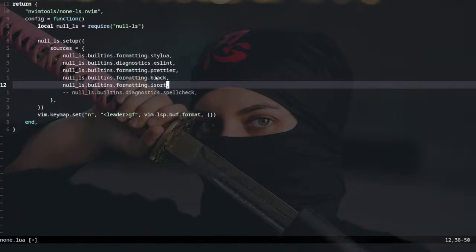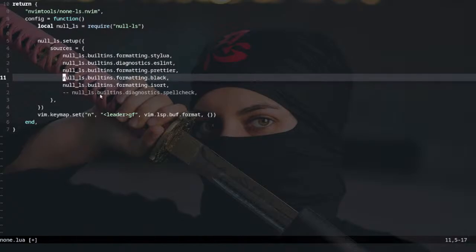And actually, I don't want black. I don't really use that. I don't use it anymore, I should say. I think actually that will be it. I might use black, I don't know yet. But anyway, that's pretty much all I want. Okay, and so